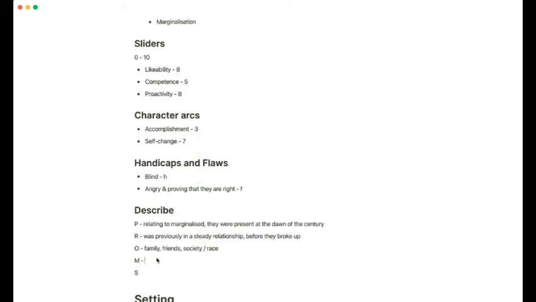And now we move on to motivations. This character is motivated by what? You need to think about that. I'd suggest you write that down, because this can help embellish your story, or perhaps even form the main plot. So this character is motivated by the anger they feel towards those who have marginalized them,